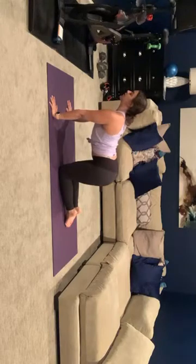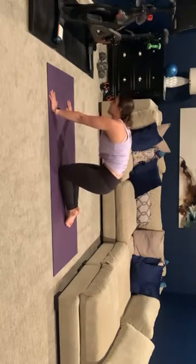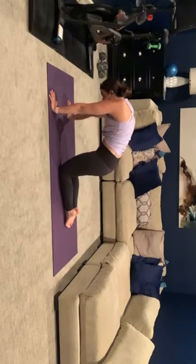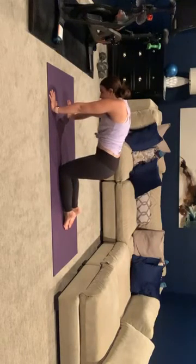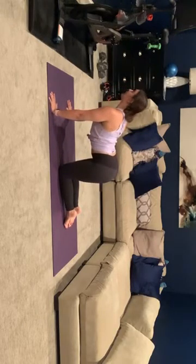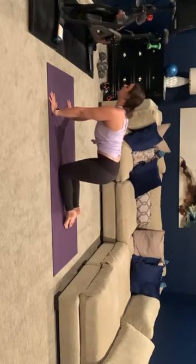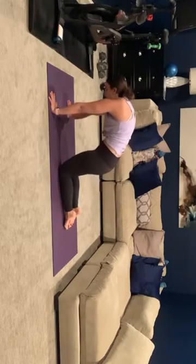Exhale, press the earth away. See if you can articulate this through the spine. So starting at the tailbone, tuck your tail under, begin to round up your vertebrae. Head is the last thing to come down. Shift your shoulders over the wrist. Press the earth away, cat. Now starting at the tailbone, inhale, come back up into cow. So your tailbone lifts, your belly drops, shoulders away from the ears, gaze lifts, squeeze the shoulder blades, cow. Now from the spine, tuck your tail, belly sucks to spine, begin to arch through your back, shift your weight